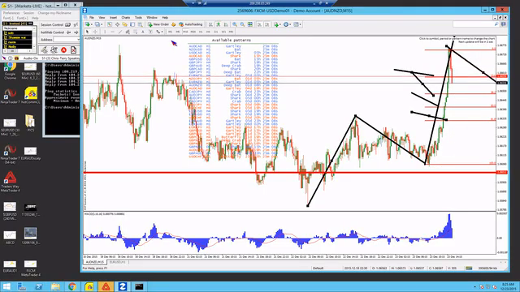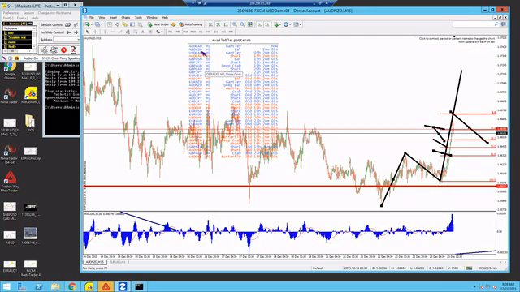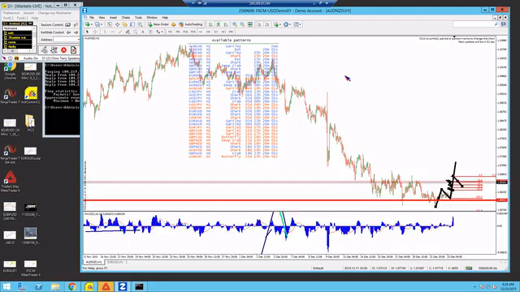So I hope this helped you. I know it's a quick little 5-minute video, but that's the thinking behind some of the entry techniques that you want to use when you're using the harmonic scanner. Now I may screw this whole chart up again here like that. All right, but you got the